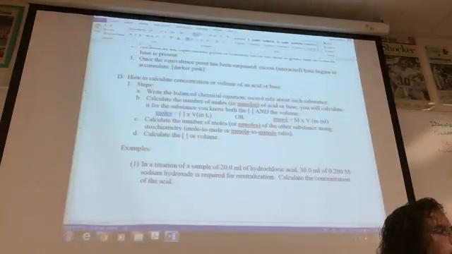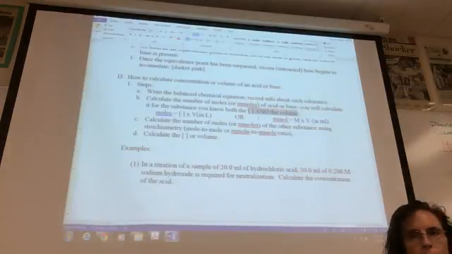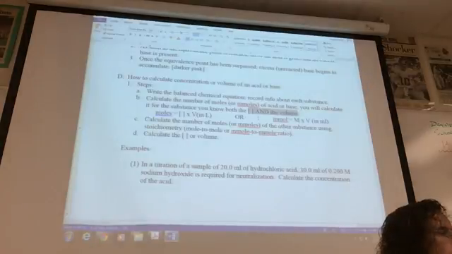So you're going to calculate moles of one of the substances, and it'll be the one that you have the most information on. You'll know both the concentration and the volume of one of the substances, so you can calculate millimoles. So you will recall